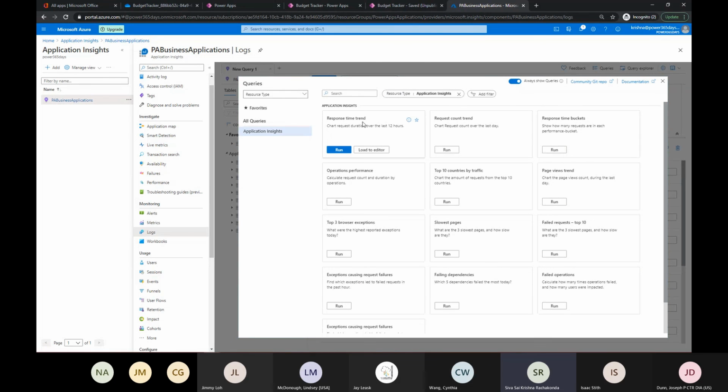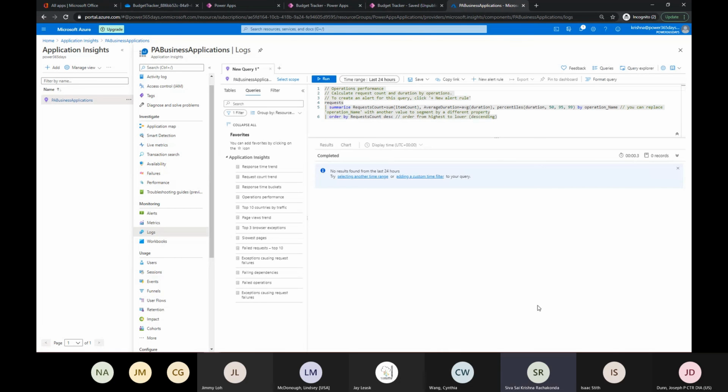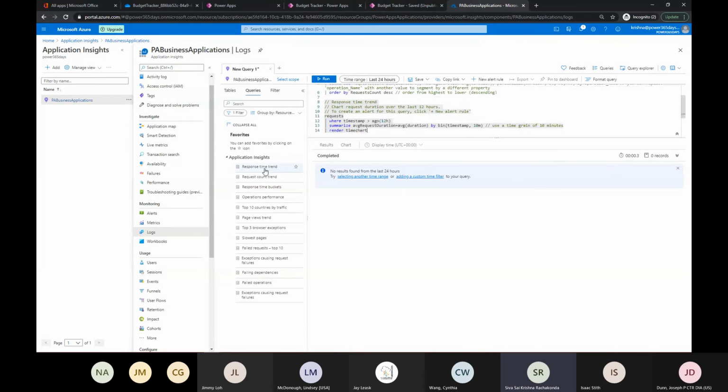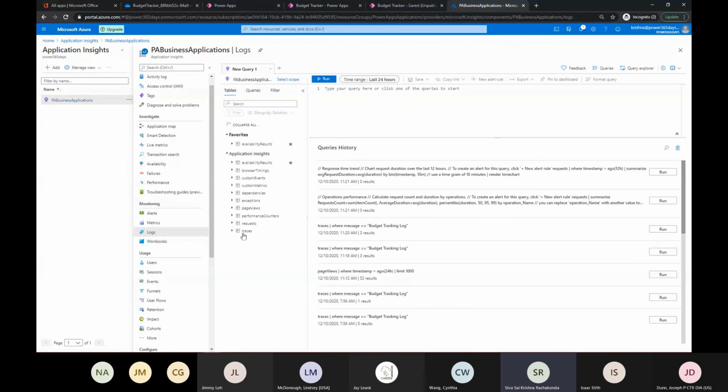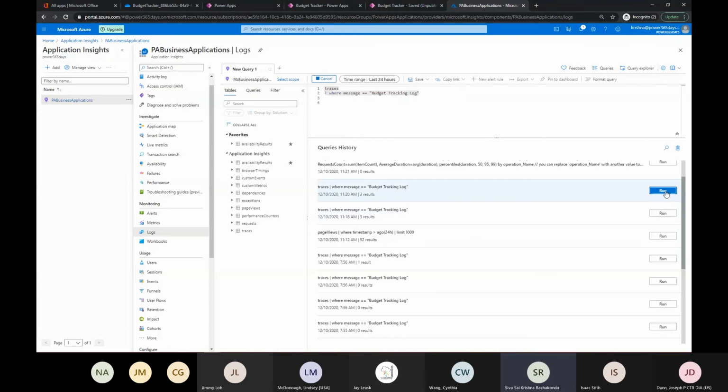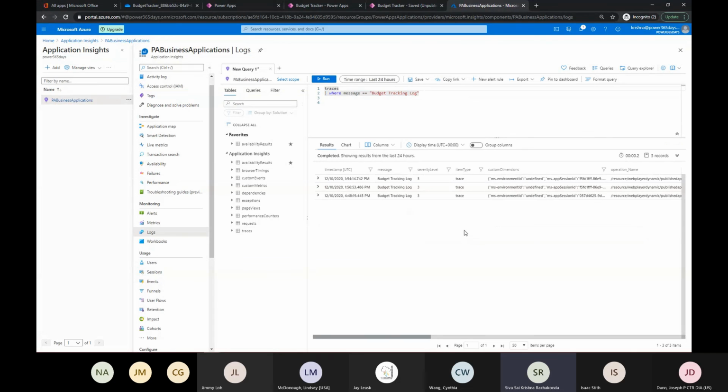Response time trend. Okay. Operations performance. Let me run this. No results found. Okay, I think I will take the small one, whatever I know. So in the trace, if we see the query history, I will just run the same thing. This may not be a good example, but I would like to show you how we can build our own custom dashboards or different Power BI reports out of these